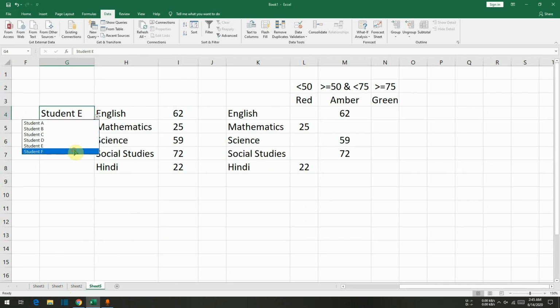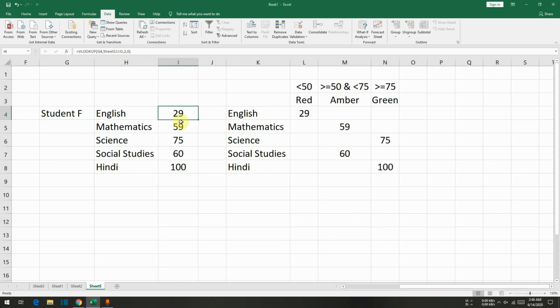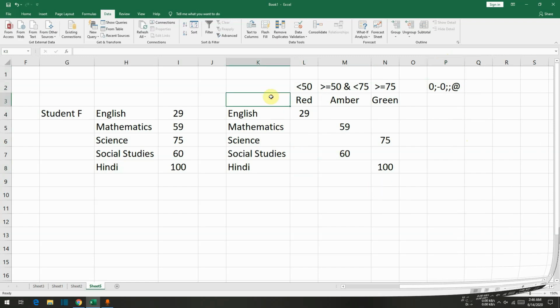so I can easily select the name here, and the numbers are changing because here the VLOOKUP is doing the job, and here the IF function combined with AND and other things is doing the job. And we have also used this format so that our blank or any number 0 is nullified and will not be displayed. Now let's create the graph.